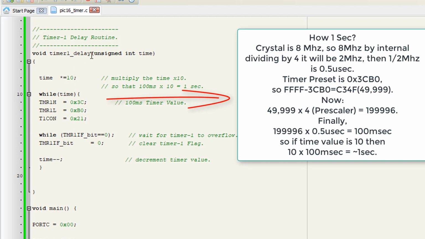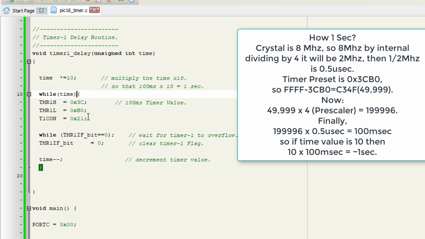So when it is 2, it will run 2 times, so it will be 2 seconds. When there is a value present in this time register, the while loop will run until the time value decrements to 0. I have initialized the value of the high register and low register for the 100 millisecond time.